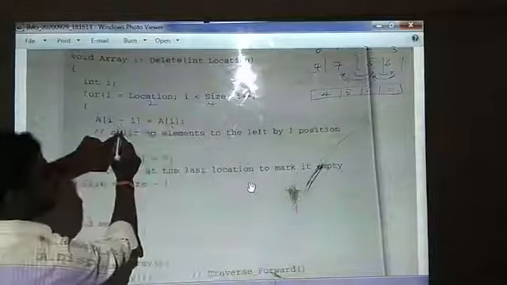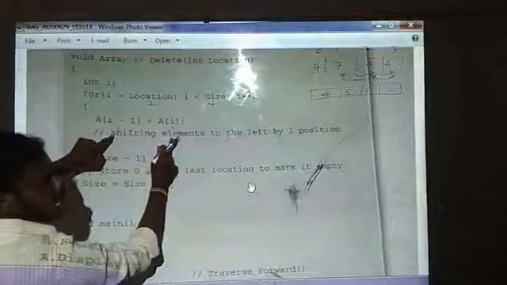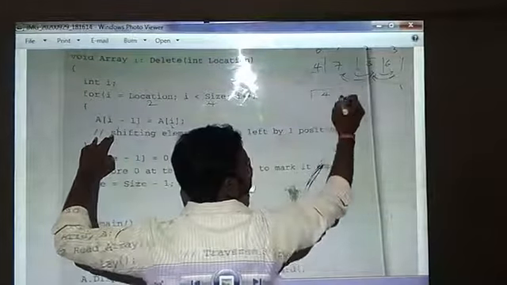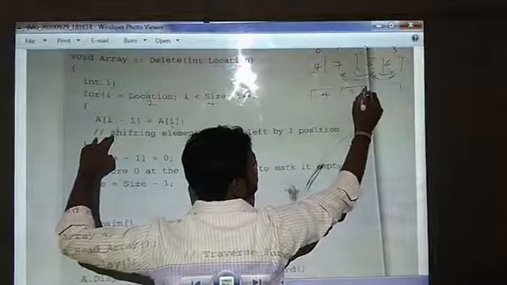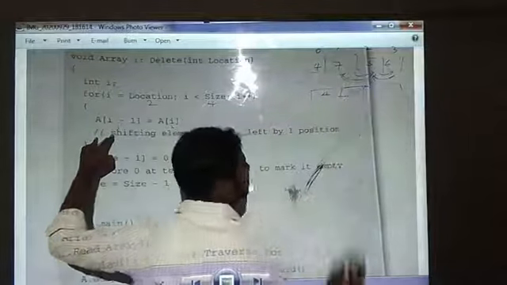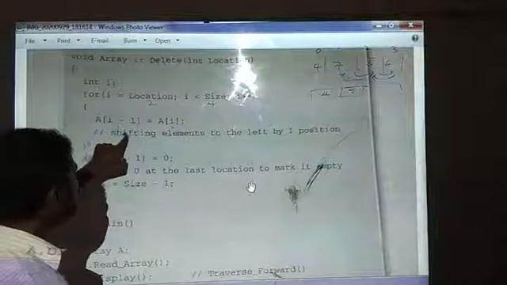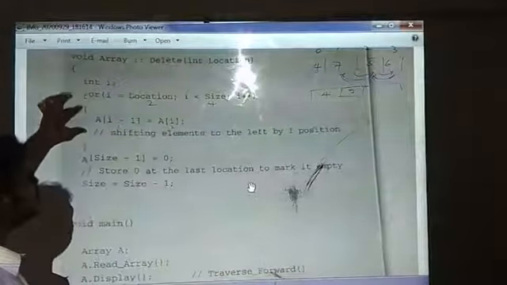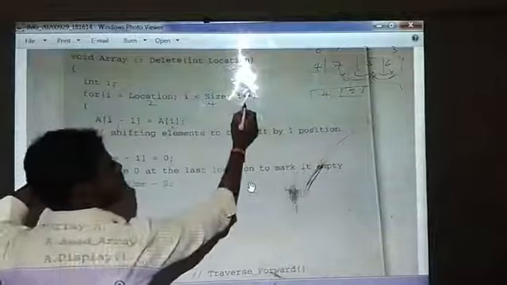Here we want to replace a of 1 with a of 2. Then what will I get as the second element? 5. See, 7 is removed, and I am directly inserting the 5 in the second location. Again I am incrementing the value of i. See here, I have only a single statement in the for loop, then I will be incrementing the value of i.